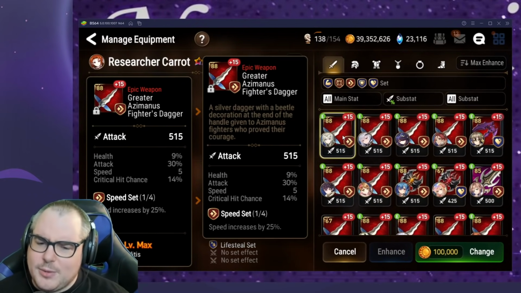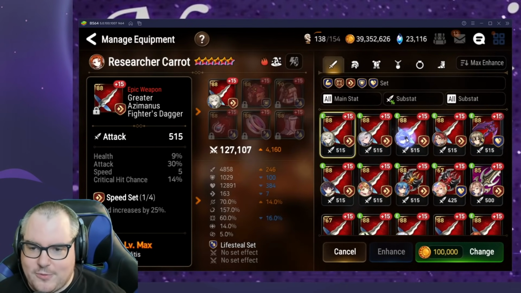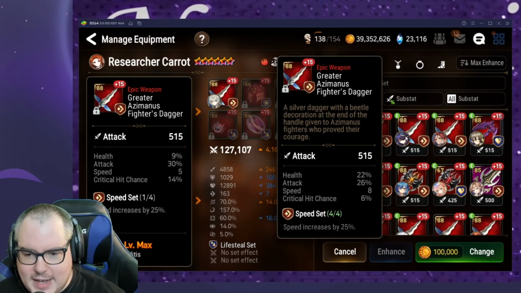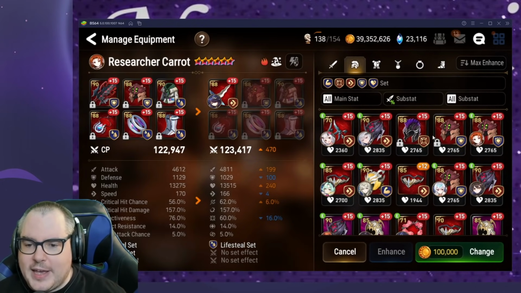Really can't, and I don't really want to go any crit rate or crit chance, which makes stuff like this a little unfortunate. This is probably better. We lose 4% attack, but we do gain a ton of everything else. Araminta's using a decent one as well. And as for the helm, we do want...